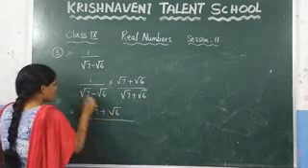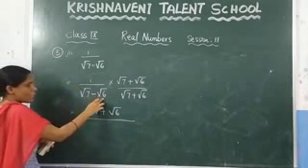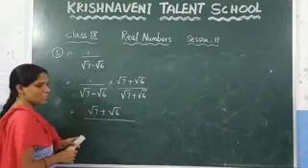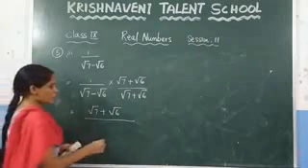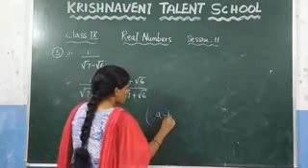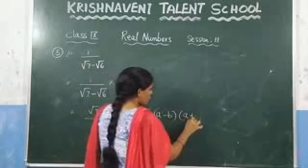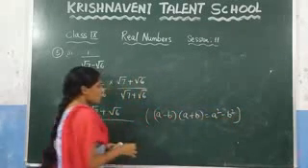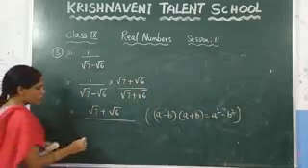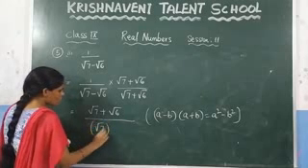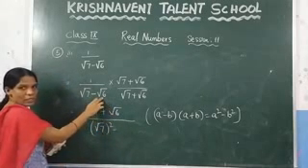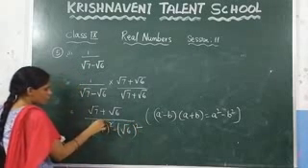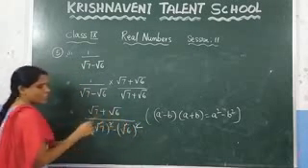Now, here, it is in the form of what again? A minus b into a plus b. What is the formula for a minus b into a plus b? Which is nothing but a square minus b square. You can write it here. Now, what is the value of a here? Root 7. So, write it here, root 7 whole square minus, what is the value of b here? Root 6. Write it here, root 6 whole square. Now, this square and this root will get cancelled.